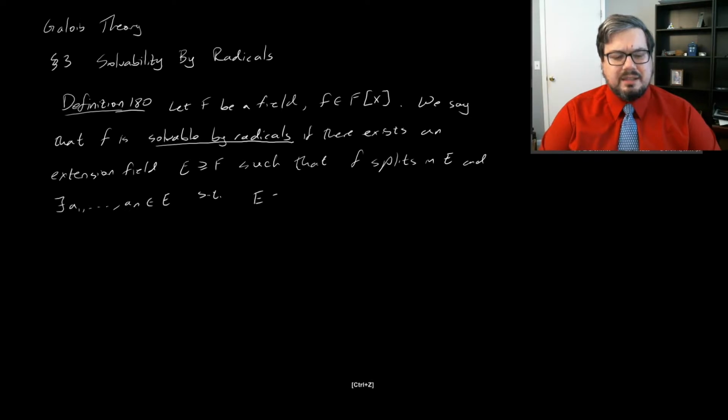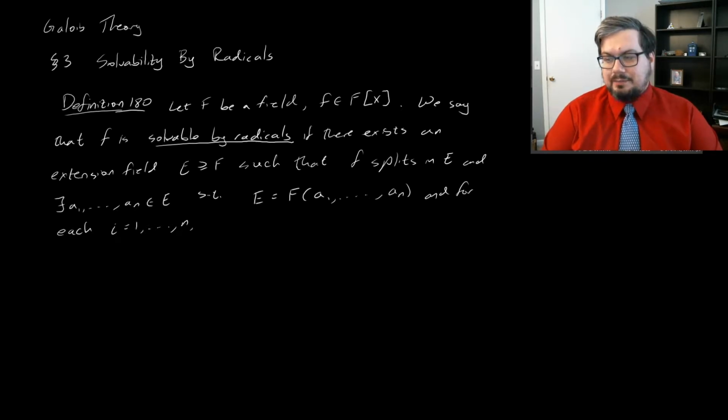First, that E is the smallest field containing F and a1 through an, and for each i from 1 to n, there exists a ki, a natural number